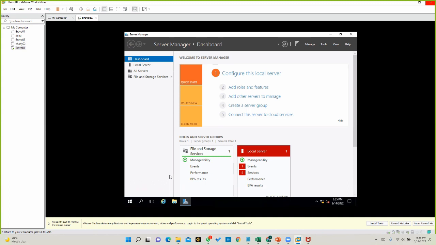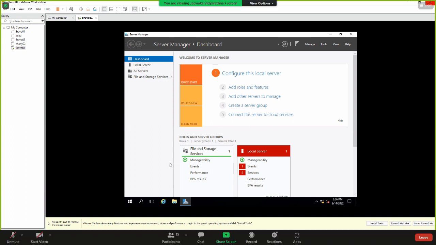If you do this in my exam, I don't know about others, you do this in my exam, I won't give you any marks because it is incomplete. For any operating system install, irrespective of virtual or physical, the second most important thing you have to do is install the appropriate drivers.